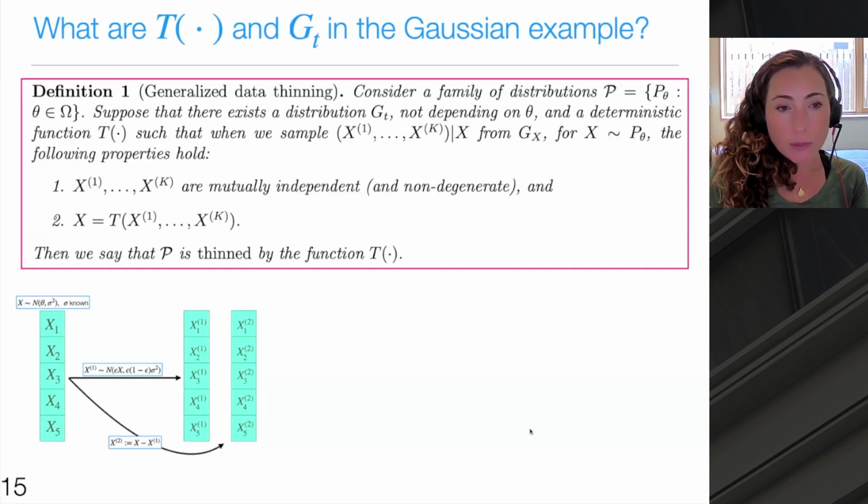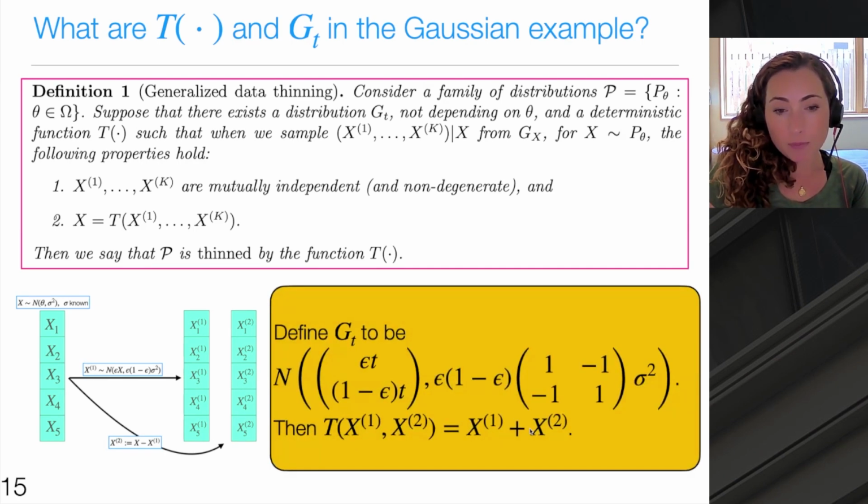Okay, so now what about the Gaussian example? In the Gaussian example, once again, we sum x1 plus x2 to get x. So the function capital T is just addition. And now we can wonder, in this Gaussian example, what is this conditional distribution g sub t? In other words, how are we sampling x1 and x2 from x? The answer is that x1 and x2 conditional on x follow a multivariate normal distribution. In particular, this distribution of x1, x2 given x is just a singular multivariate normal